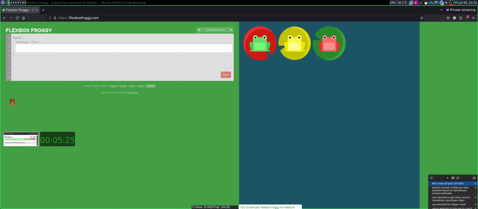Okay, there are two lines that I need to write. Let's just try it first with flex direction row-reverse. It will swap the items 1, 2, 3, but we need to move it to the left.